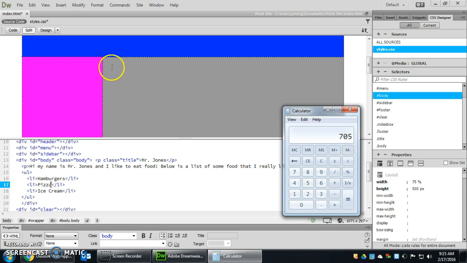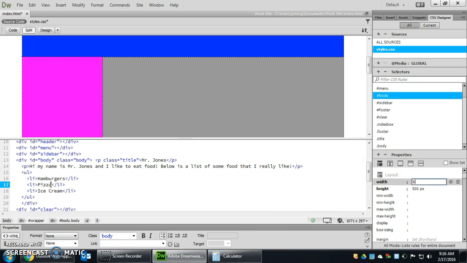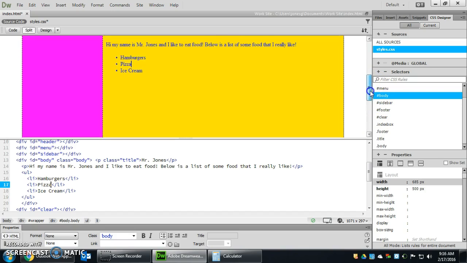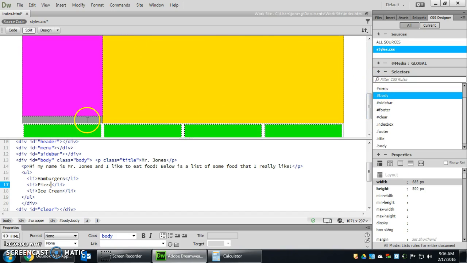When I added 10 pixels to the left hand side and the right hand side, it pushed it out of the way. So what I have to do is take 10 and 10 away, and it leaves me with what I have left to work with, which is 685 pixels. Okay. If you'll also notice, it also added 20 pixels to the top and bottom. So I got a little bit of extra room here that I need to get rid of. So I'm actually going to subtract 20 away from 500 as well